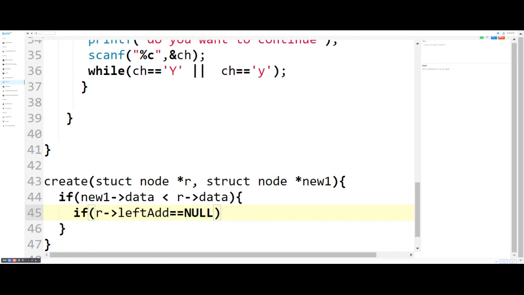If root of left address equal to null, we simply put root of left address is new one. Getting?